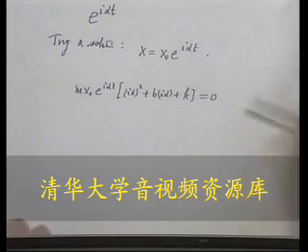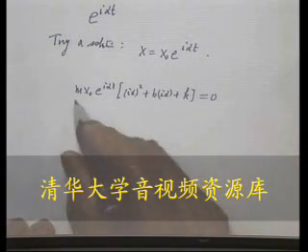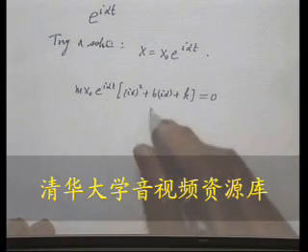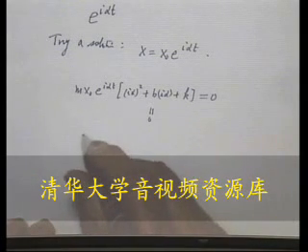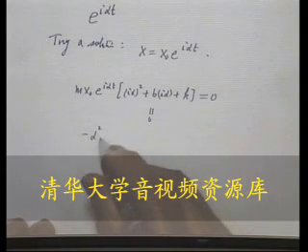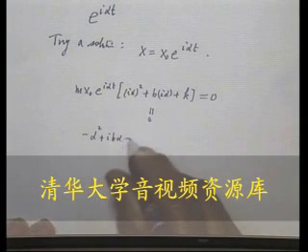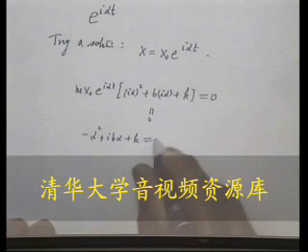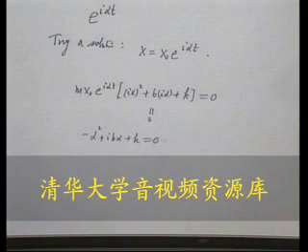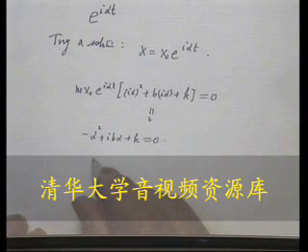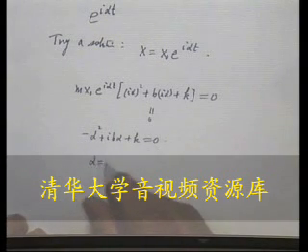So that means I get, this is not 0, so this has to be equal to 0. So I get minus alpha squared plus I b alpha plus k is equal to 0, no more x. So that determines alpha. So this is a quadratic equation, so we get alpha is equal to,